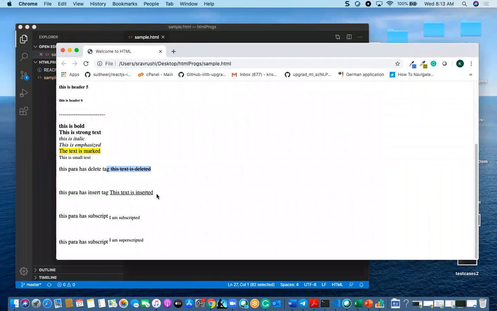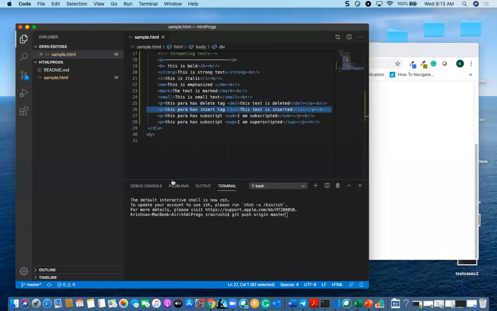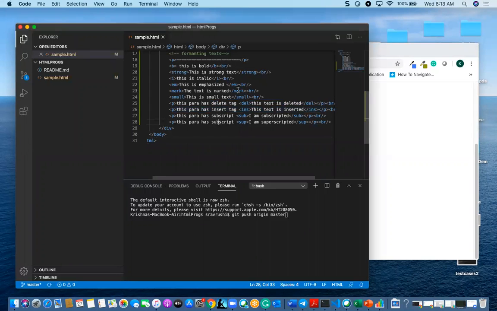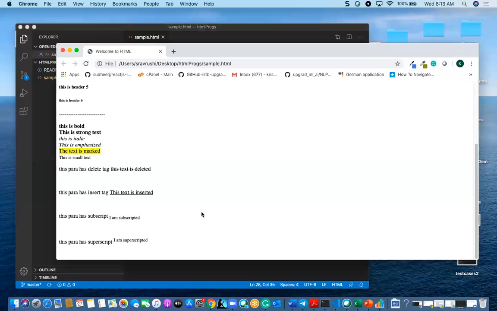So I am going to insert this. This text is inserted, and one more thing is subscript. Subscript will come below, just to the font, and one more is superscript. This is a superscript. It will come as a power kind of format.